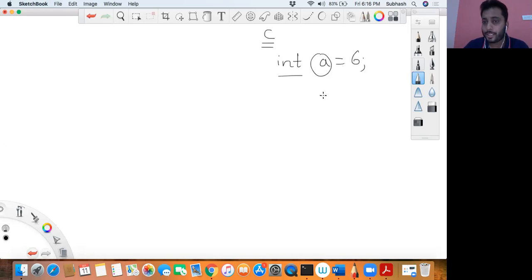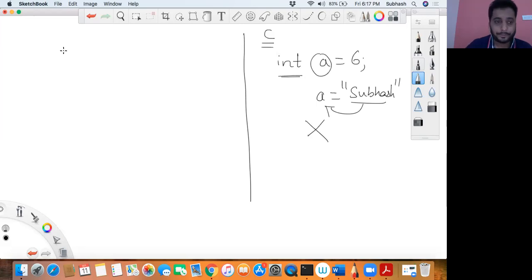So in C language, after saying a is of type integer, if I say a is equal to Subhash, will it work? It will not work. You will get a compile time error, because the compiler says, boss, you have declared the variable a as an integer, but now you are trying to store a string into it. I will not allow it, and you will get a compiler error. This is not possible in C language.